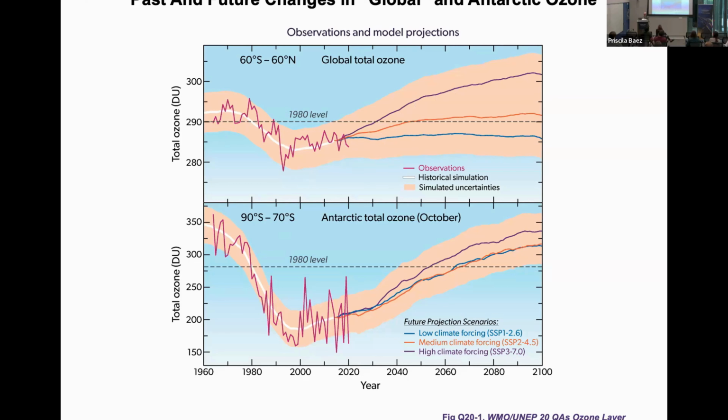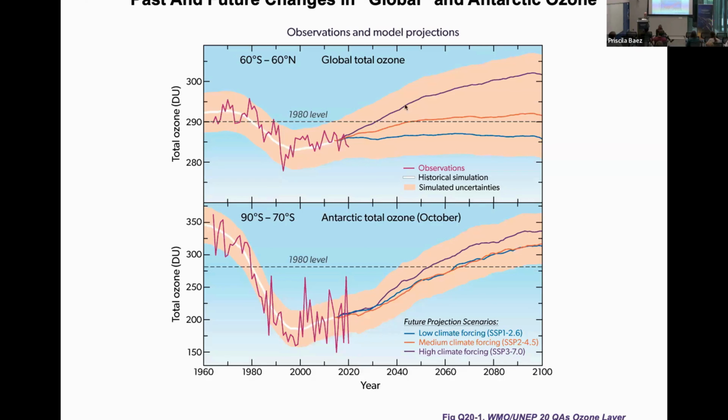Now, we do predict a faster recovery of ozone, and the Montreal Protocol, this is very important now, the Montreal Protocol asks us to relate everything to 1980. It's kind of built into the Montreal Protocol. So we always have to do this, even though we had ozone depletion prior to 1980. But it's good to have a common benchmark. And we had a lot of good data in 1980. So here's the 1980 level.